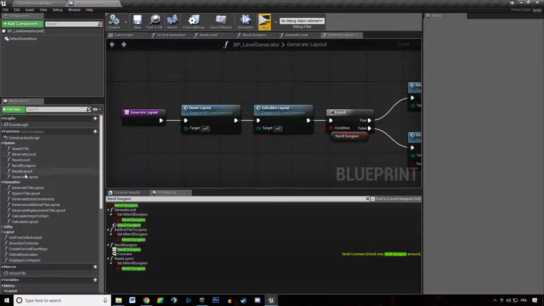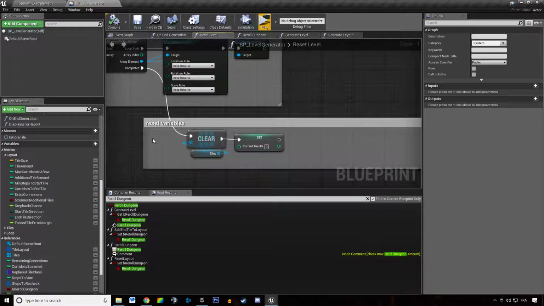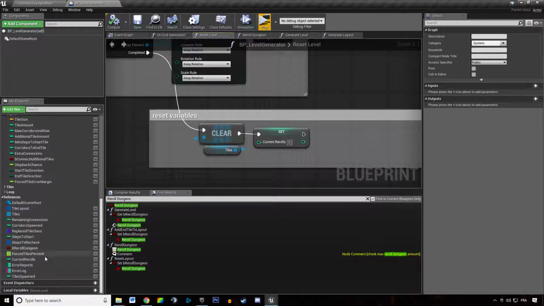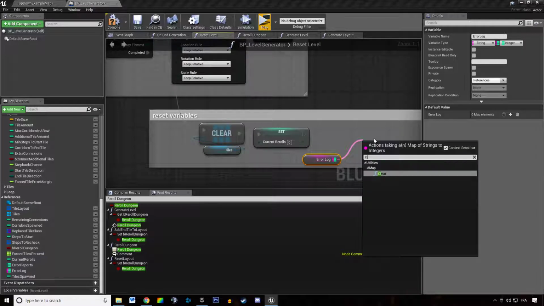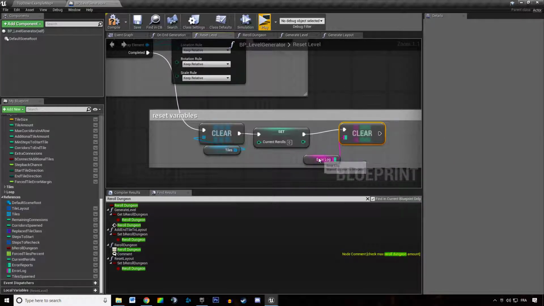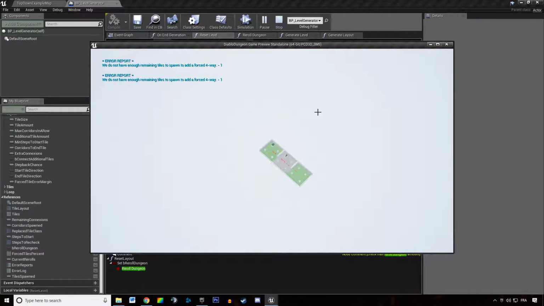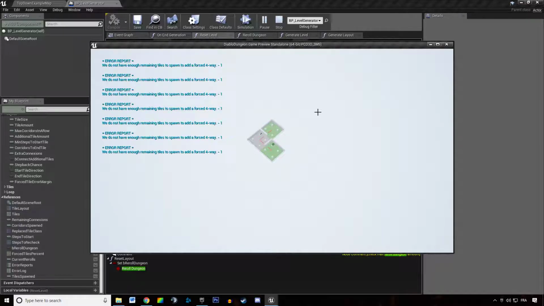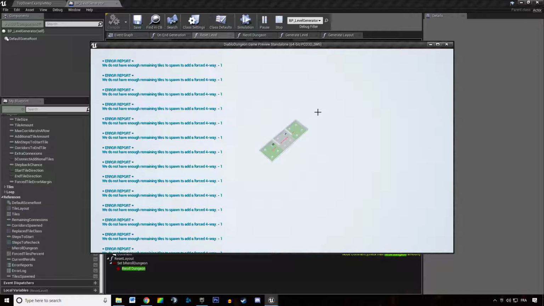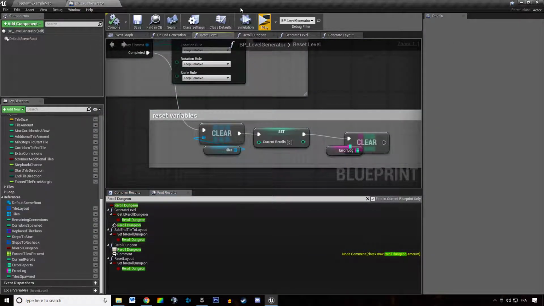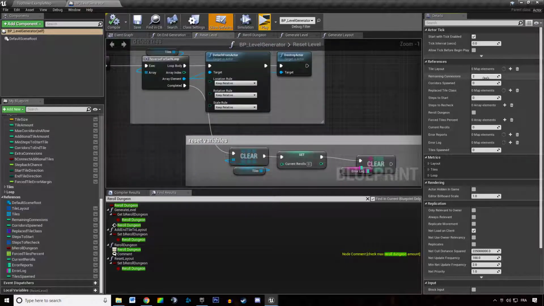So I actually want to reset the error report whenever I reset the level. So error log, I want to clear that. I want to hit Control F1, compile, play. So whenever I generate the layout, it's giving me an error report that says I do not have enough remaining tile to spawn a forced four-way. And if I'm saying I have 4 remaining connections, it will say the same thing, I believe. Yeah, because I don't want to mess up with the